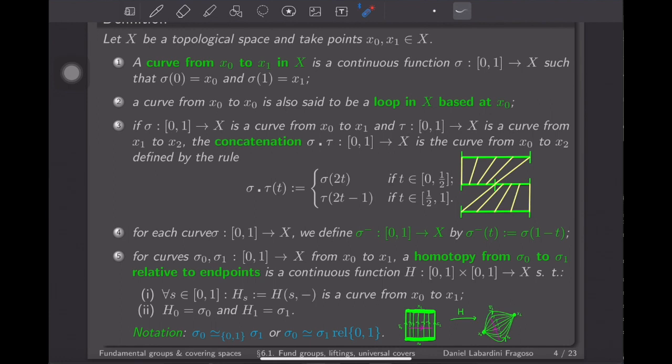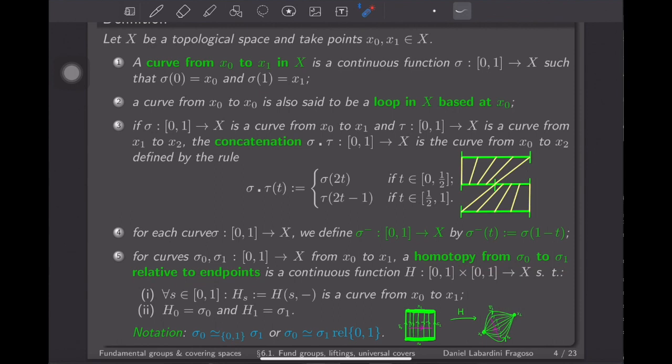Which is a specific situation of a more general notion of homotopy between continuous maps. But anyway, for two curves, so two continuous maps from the unit interval to X, somehow the notion of homotopy from one to the other relative to the endpoints,